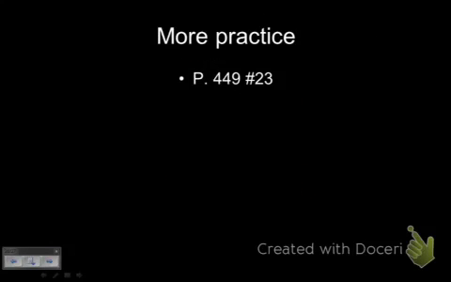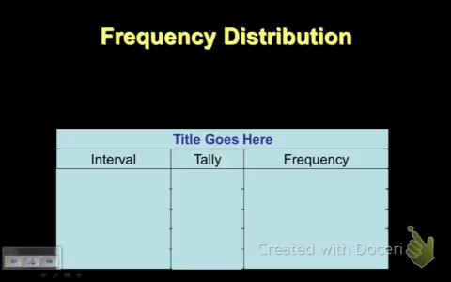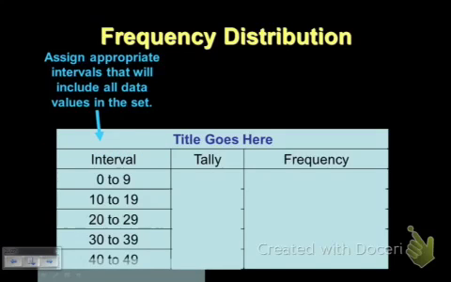Moving on from a box and whisker plot, we'll do another practice problem in class. But the next thing we'll talk about is a frequency distribution chart. And we kind of talked about one of these already. You make 3 columns, put a title on top. On the left side goes your interval, and that's basically